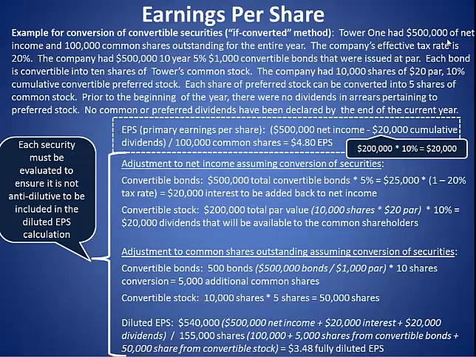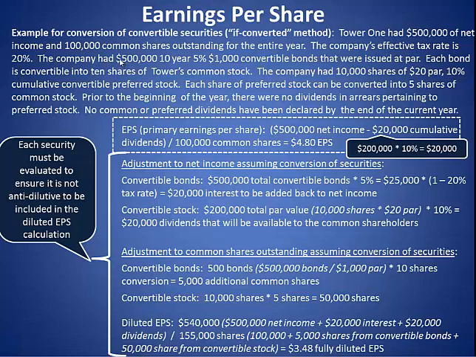had $500,000 of net income. So we know our net income. We also know that Tower 1 has 100,000 common shares outstanding, and it's for the entire year. So we don't have to deal with weighted average calculations. The company's effective tax rate is 20%, so they pay 20% on average against their income. Now the company has